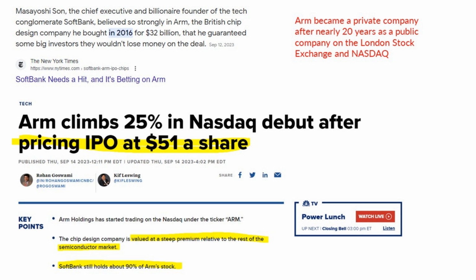And you can see here this article, Arm climbs 25% in NASDAQ debut after pricing IPO at $51 a share. They claim it's a steep premium relative to the rest of the semiconductor market, and that SoftBank still holds about 90% of their stock. So this is a good opportunity to go through some basics, and I wanted to start